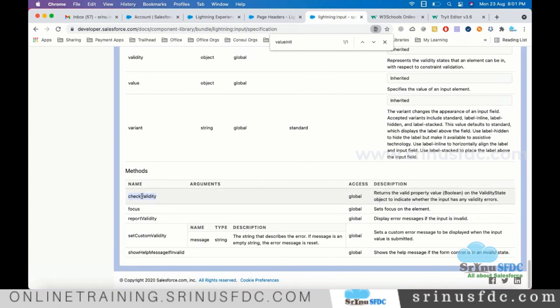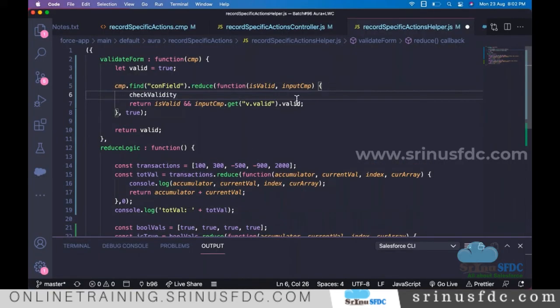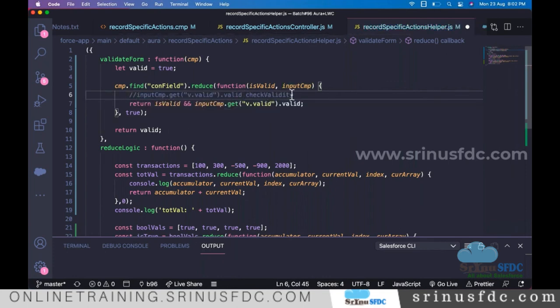Maybe instead of doing that, if you are comfortable with this, it returns a valid property to indicate whether the input is valid or having an error or not. If you are not comfortable using that, we can also use the alternative. Maybe I'm just keeping that in comment.